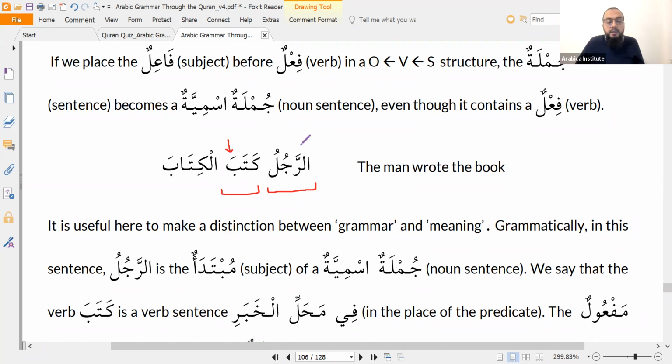في محل means in the place of. في محل رفع. The word رفع in Arabic is what they call the default case. So it's in the في محل رفع. Why is it in the في محل رفع? Because it's in the place of the khabar, which if it were a noun would have a dhamma on it, wouldn't it? Yeah. So if I said الرجل كاتب,